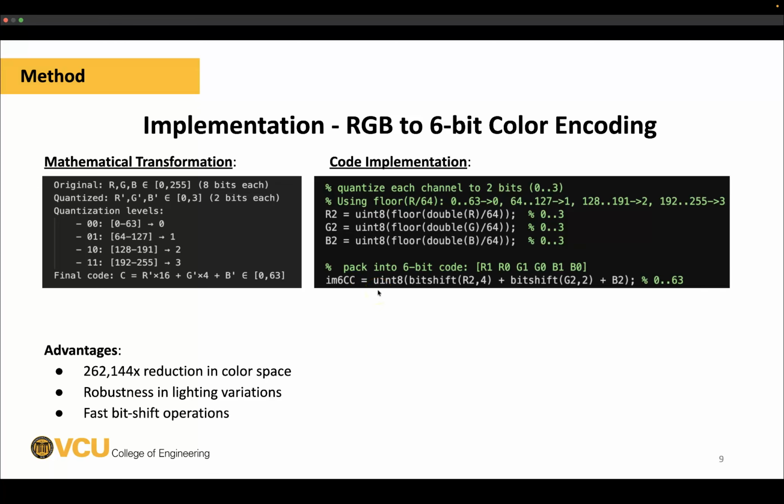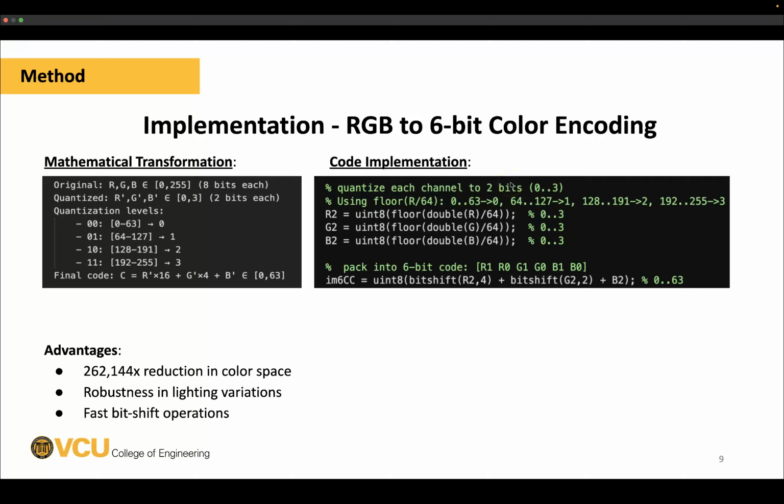The first part of our implementation is essentially the color space quantization. So we have our function here implementing the scalar quantization, reducing each of the color channels from 8 bits to 2 bits through division by 64,